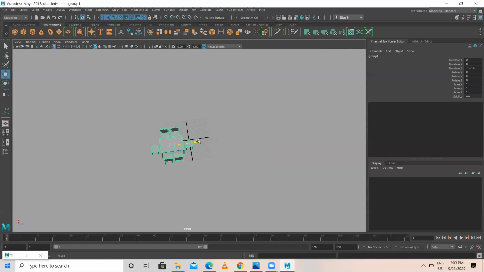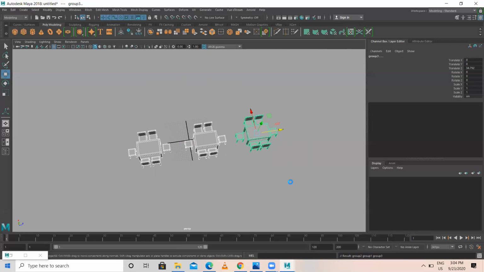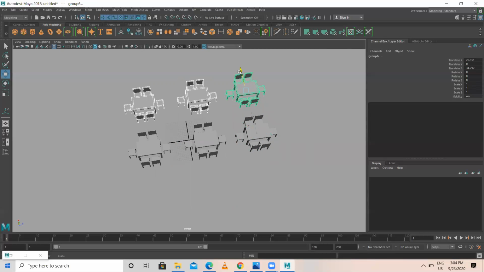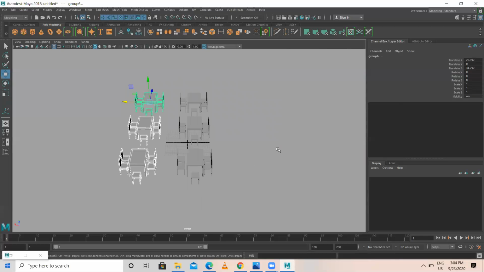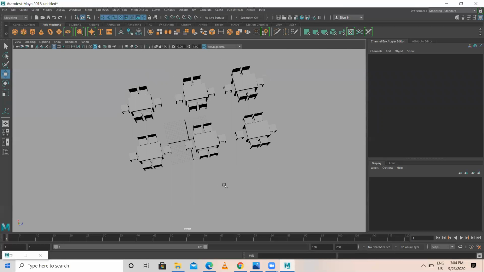So when I place here, I'll duplicate. Then one more I will place here. Then I select all, I duplicate. I'll place one here as well.